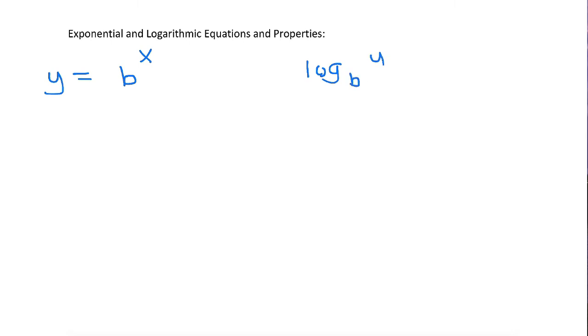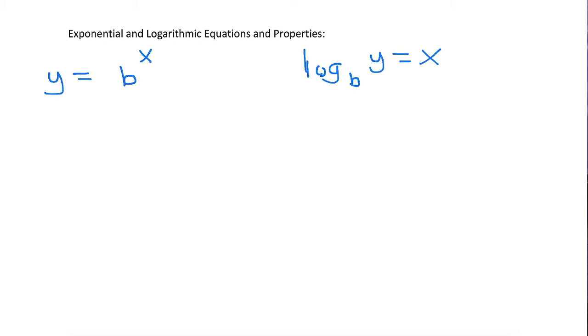of an exponential. So it's the way to undo an exponential. So if you need to solve for x, you can take the log of both sides. There's a couple of different properties. The properties don't really matter too much with exponential ones, but what we do is we do some different things